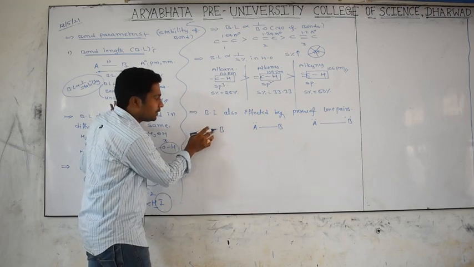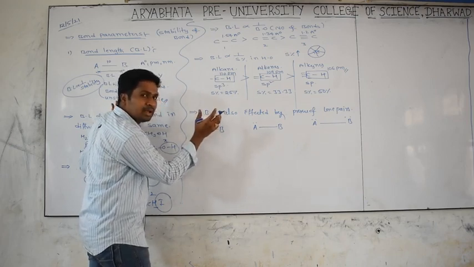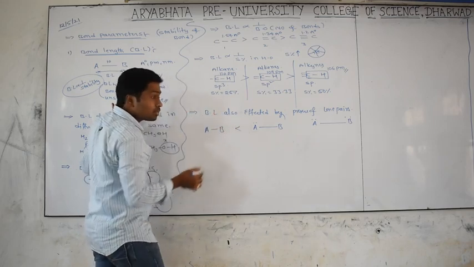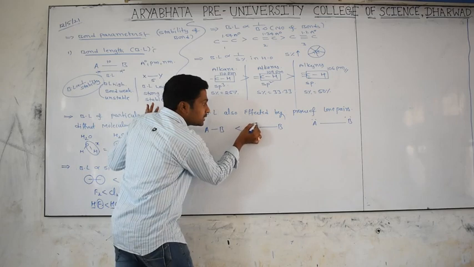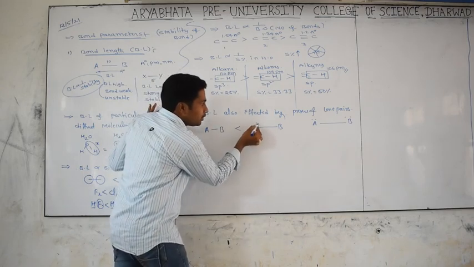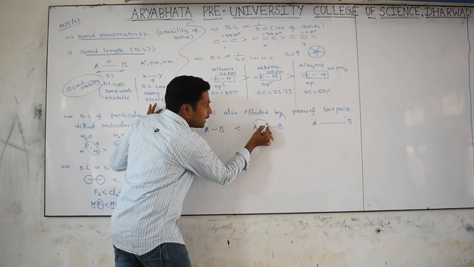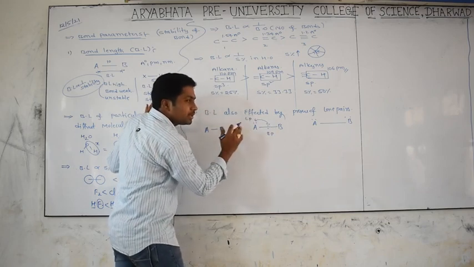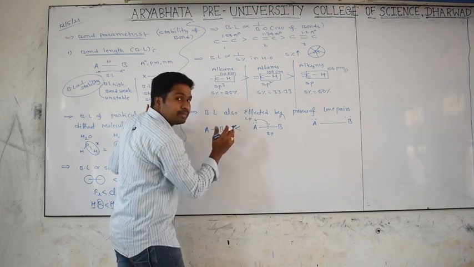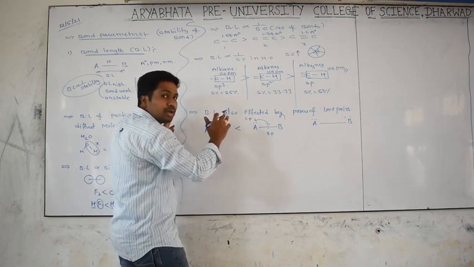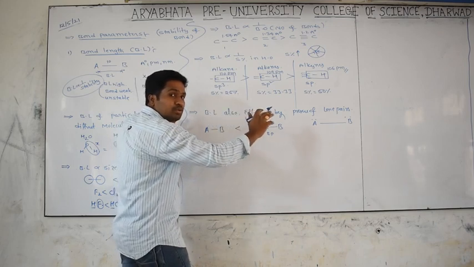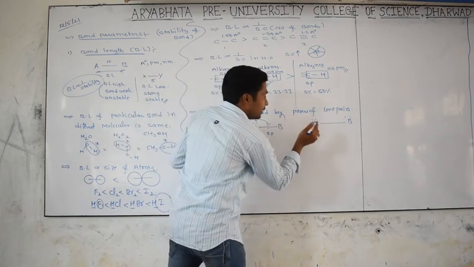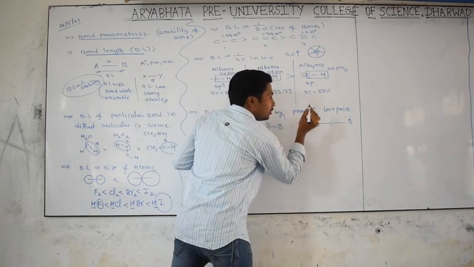In the first molecule only a bond pair is there, no lone pair. That's why repulsion will be less, the atoms are very close together, and bond length will be less. Now here an extra particle is coming, a lone pair. Between the lone pair and bond pair, a repulsion will be operating. This is the lone pair, this is the bond pair. Because of the repulsion, the electrons are pushed away from one another. Automatically the B atom goes away from the A atom, and bond length increases.